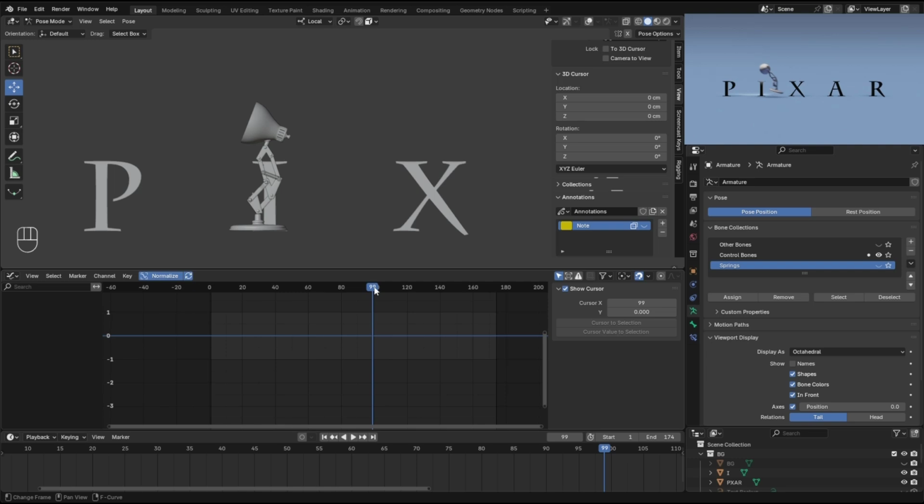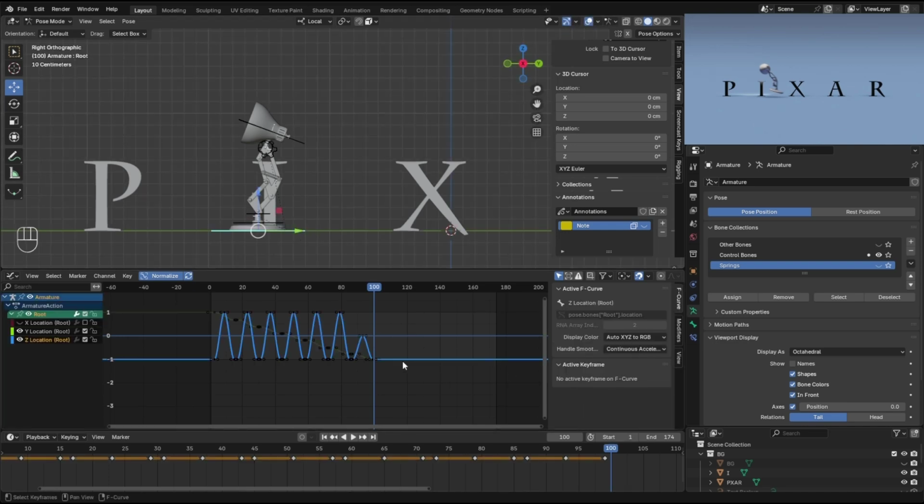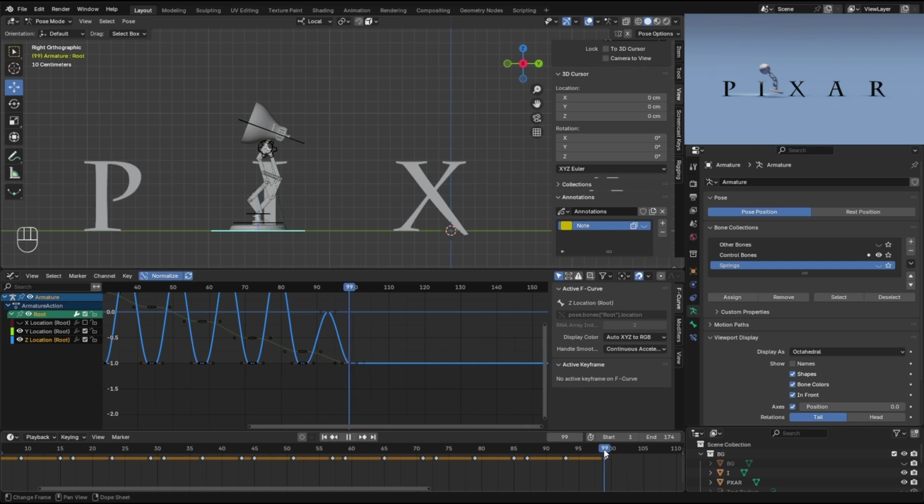So here, let's skip 99, and where is it? This. So 99, 100 and 101. So let's go grab this 99 keyframe, duplicate it, X, and go 1 and 201. All right. Then slide